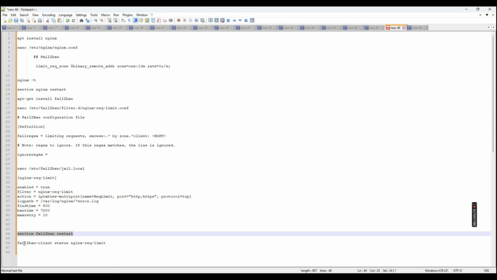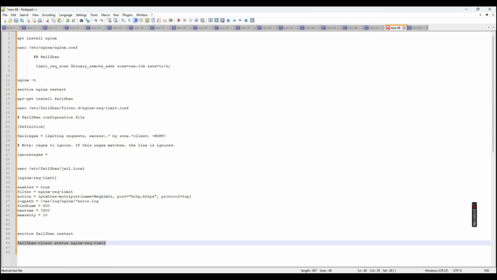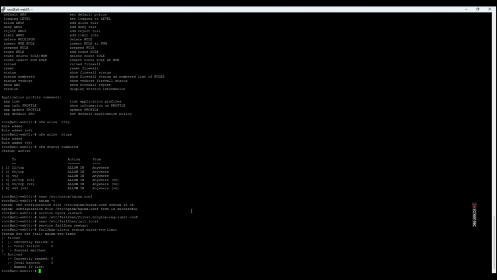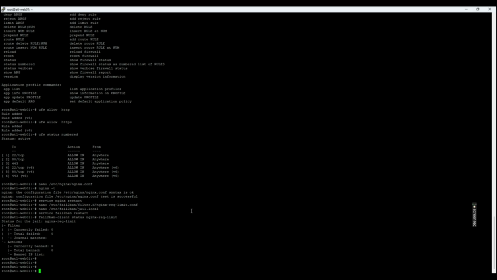Now we have it done, and now we can check if it is actually there. So there it is. Nothing is right now bothering. Nothing is in jail. Nobody is trying to hack us or anything. But